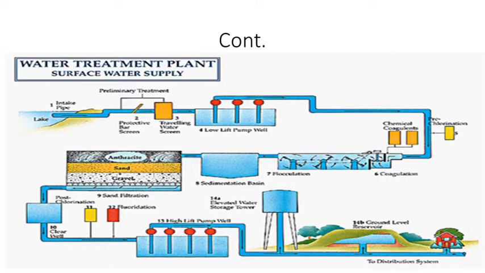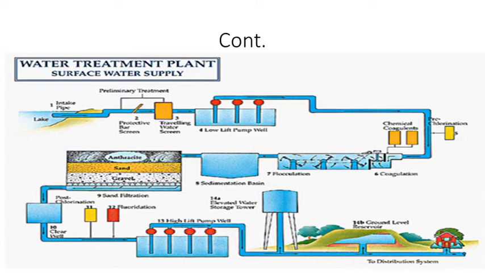Basically, the slow sand filter needs a larger area, while the rapid sand filter requires a small area. Slow sand filters are mostly used in rural areas because they require larger area and space, and rapid sand filters are mostly used in urban areas. Again, the slow sand filter is simple in operation, and the rapid sand filter has complicated operation. If you consider maintenance, slow sand filters are easy to maintain, and rapid sand filters are difficult to maintain, and the maintenance cost is more.